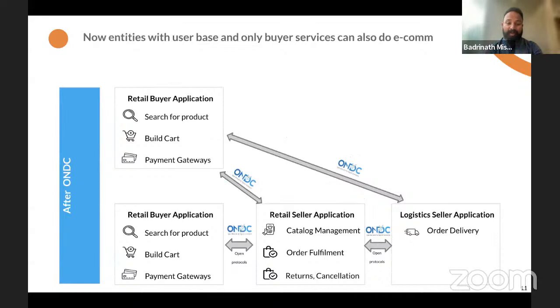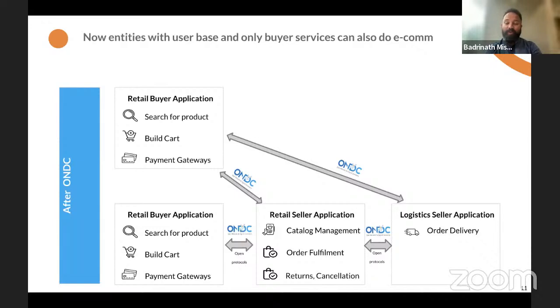Going quickly into deeper, a double click here. Any entity who has customers can become a buyer application. As you know, today PhonePe and Paytm, recharge and payment gateways, have become buyer applications. Kotak Mahindra Bank and IDFC First have become buyer applications. So the banks, telecommunication ones, and payment gateways are becoming buyer applications. By becoming a buyer application, they have access to millions of catalog items being sold by the seller applications.